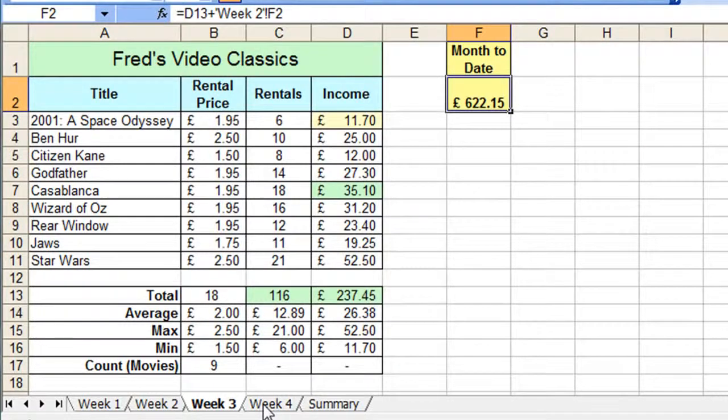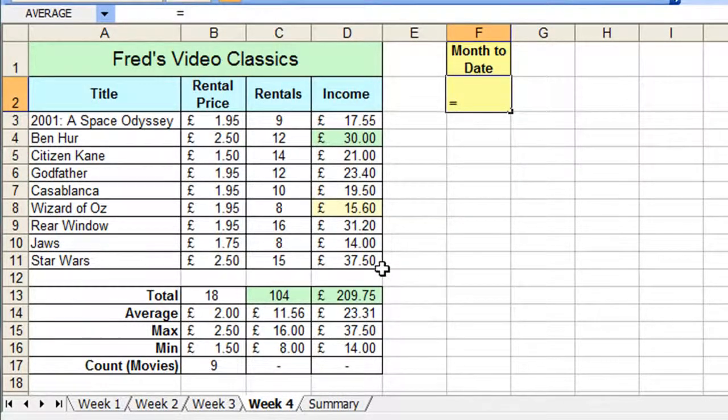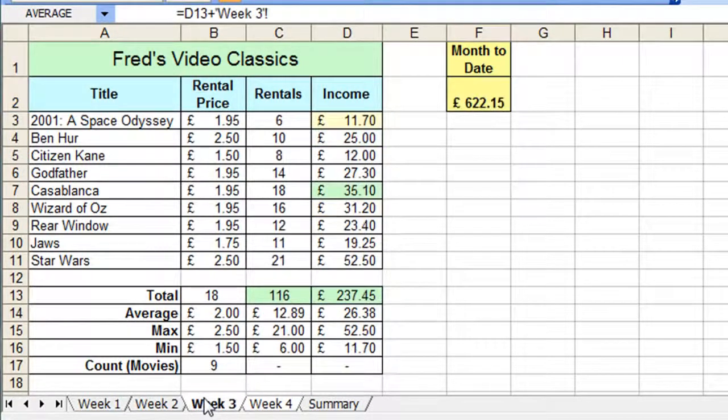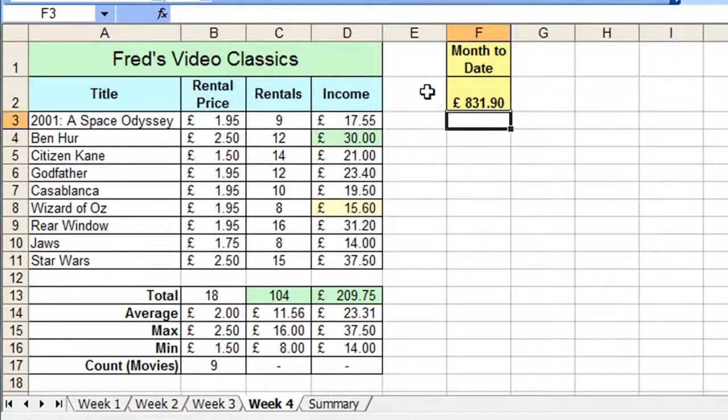So finally we go to week 4, and here we have F2 again. I'm going to delete the formula this time and do the whole thing from scratch. So equals, click on D13, which is the value from this week, or the total sales from week 4, press plus on the keyboard, click the week 3 sheet tab to go to that worksheet, click the running total from week 3 in cell F2, press enter, and there we have the final running total for the month,